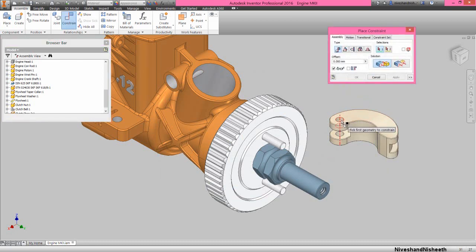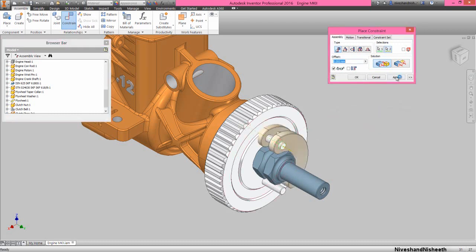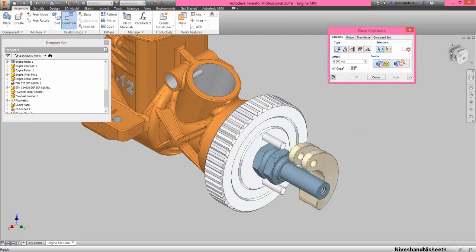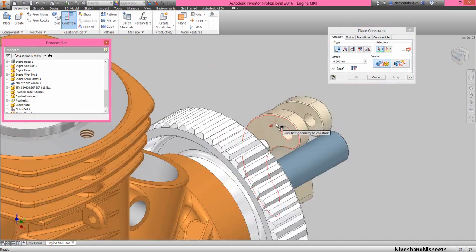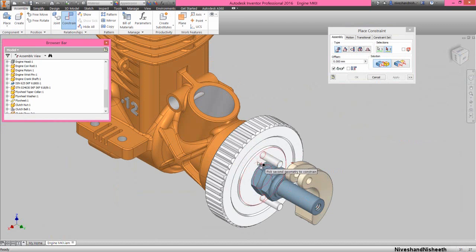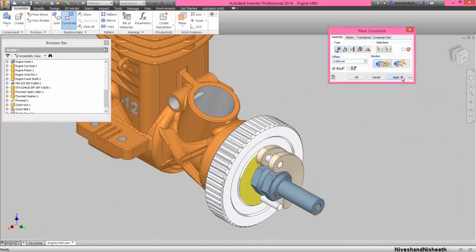Select this hole of clutch shoe 2 part and select this cylindrical face of flywheel, then apply mate constraint. Now select the back face of clutch shoe 2 part and select the front face of flywheel, then apply another mate constraint.